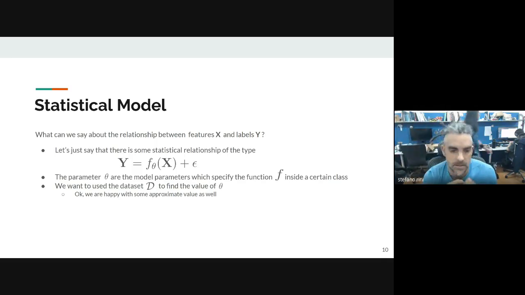So we bet that there is a function f that can capture everything I can capture from x in order to predict y, and whatever cannot be captured, I just put it in an independent noise. But if the noise were not independent, then it means I could have a better f that extracts more information on x over y. Okay, so noise is always independent from the f theta of x. So I think that I can come up with a model f that extracts all the useful information from x in order to predict y. Whatever is left in y that is not predicted from x, I'll treat it as independent.